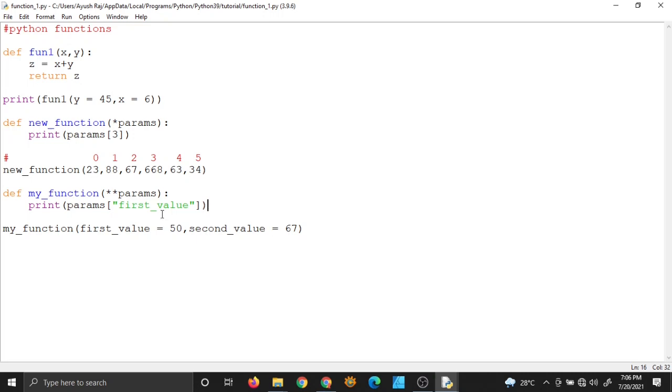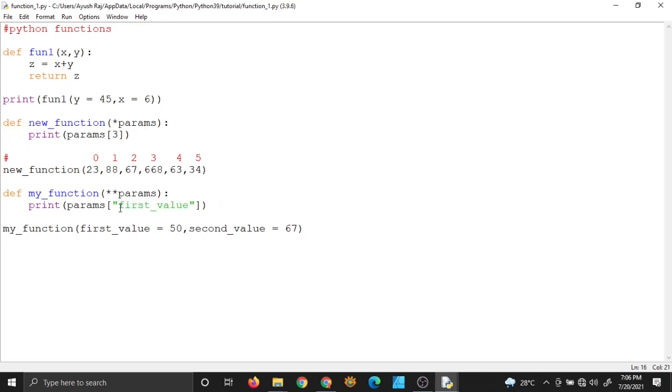I hope it's clear, because in the end, when you put a star, it will mean that whatever you pass into the function will get bundled into an array. So when you have one star, that array is a simple array and you can access it using indices. But when you put two stars, again you have an array, but now that array does not have index values, it has keywords, right?